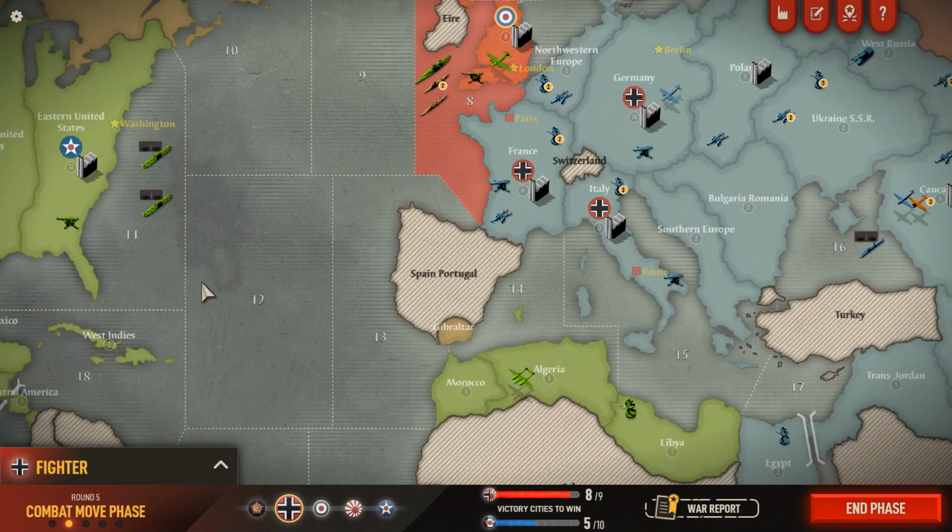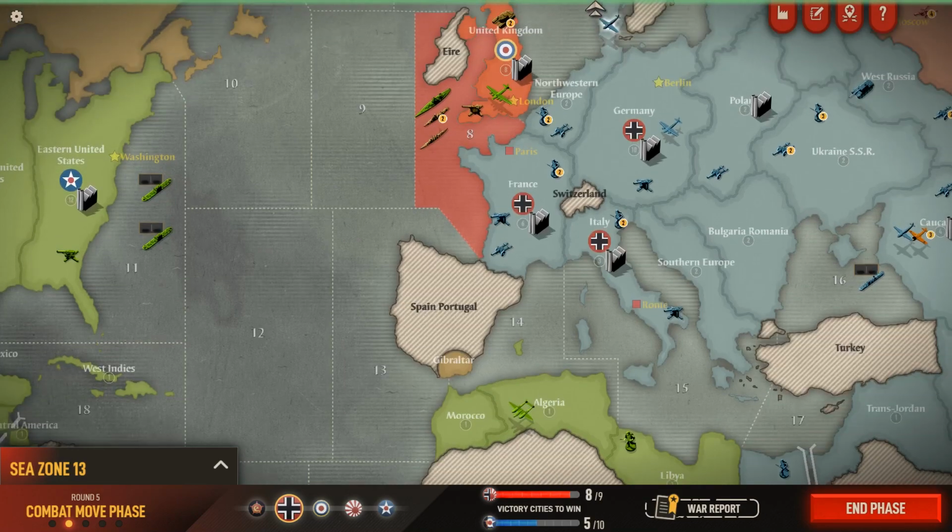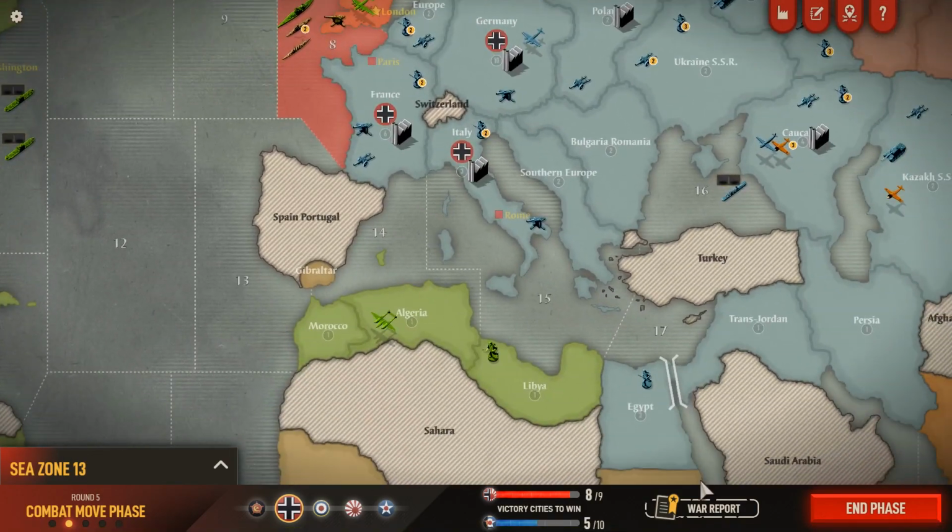But the Americans have no transports. Well, they do have... That's not true, actually. They've got 2 transports off the east coast. We have nothing to stop them. They did destroy this transport here of ours off the coast of Italy. So I think what I'm going to do...